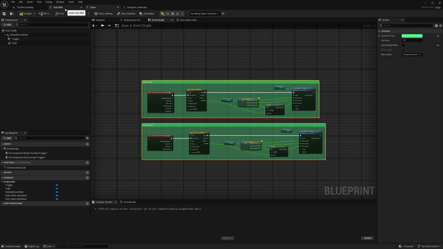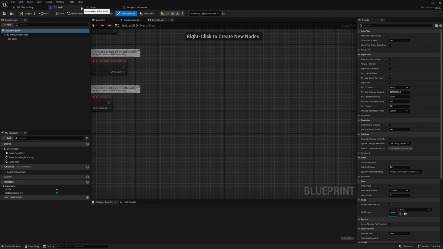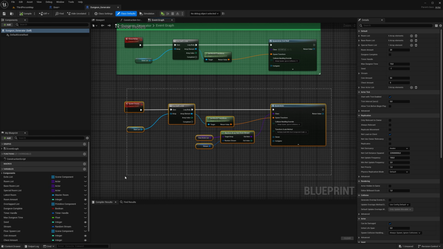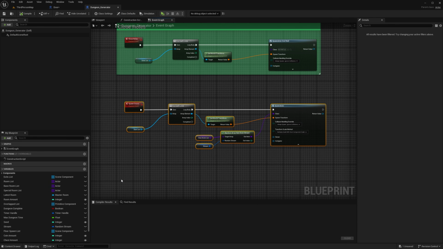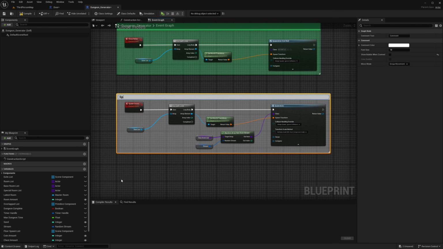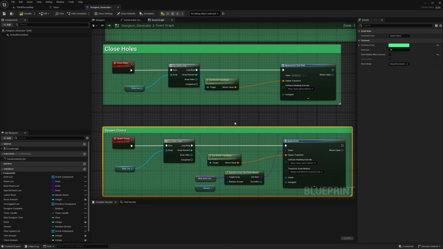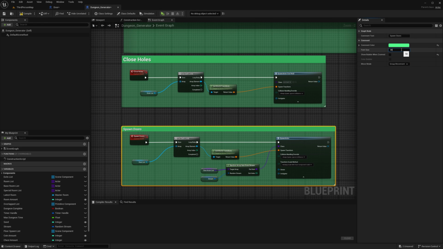And speaking about organizing, let's remove the end wall. Let's go in here. This part is also working, so we will type in spawn doors, and I again often call the caption here the same as the event, so things are kind of matching each other. And also make the size, what was it, 30, so it gets a little bigger.